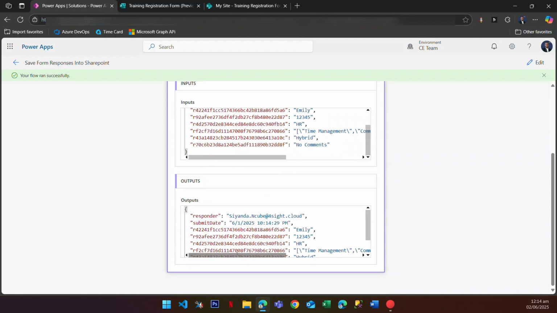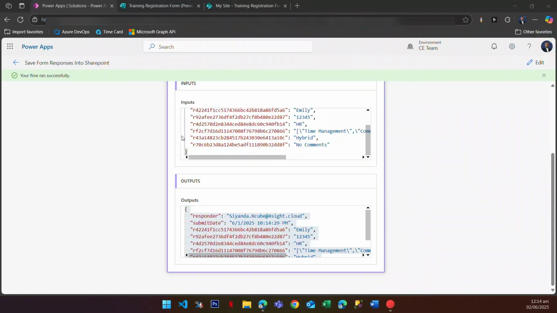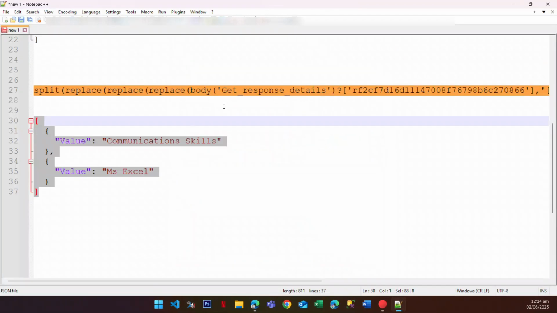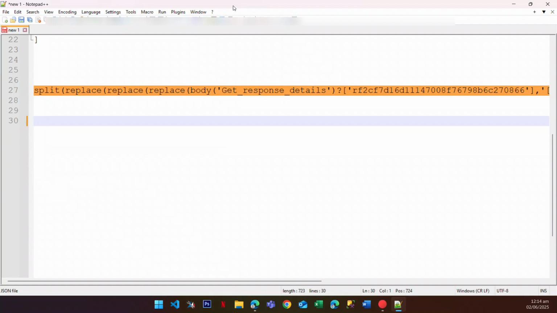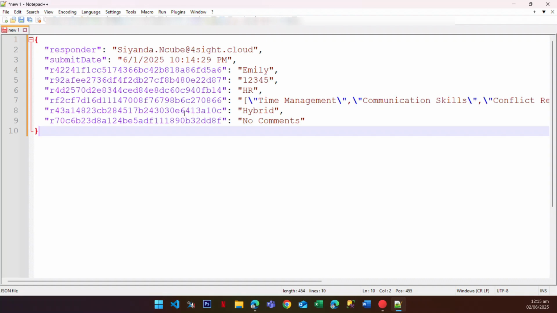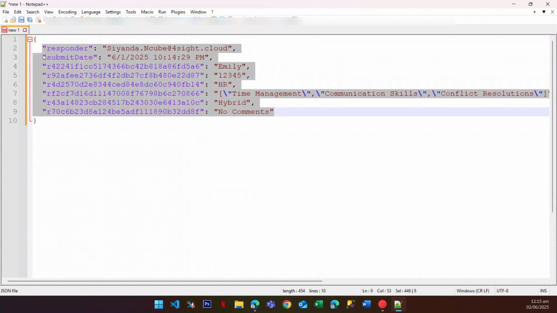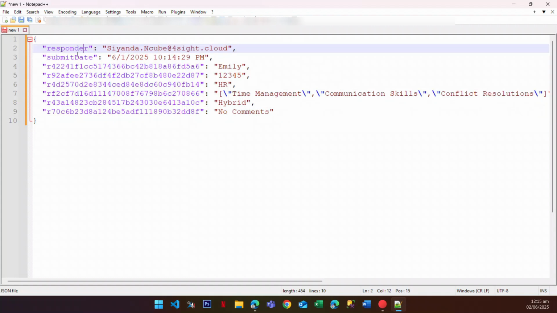Whatever output is here, we're going to copy it, and then open Notepad++, anything that you can use to actually view your output. So I'm going to paste it in here. As you can see, we have this type of output that comes from our get response details. We have responder, which is my email. We have submit date, and then we have these weird